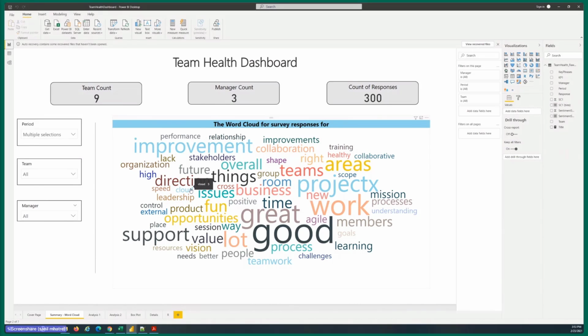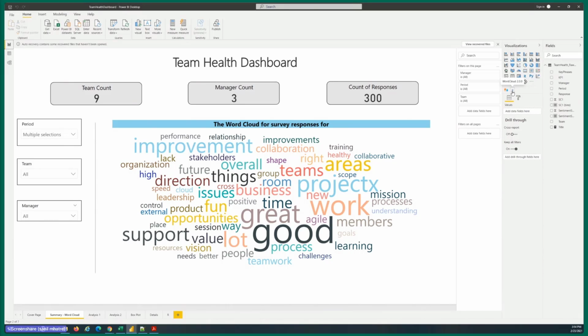In the middle, you will notice that there is a word cloud. I am a Tableau user as well as a Power BI user, and I'm not a big fan of creating word clouds in Tableau because they make you jump through multiple hoops. But with Power BI, I really like the fact that you can go to the Power BI marketplace and simply download and install the word cloud custom visual. So that's what I have done here.